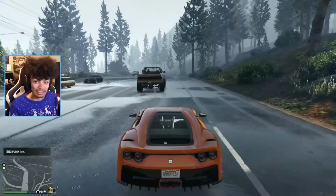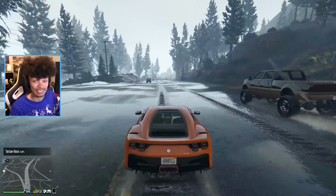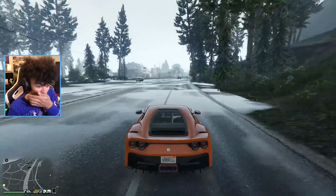It looks pretty close to it, and I just wanted to mention we got the setup going on a little bit more now. It's coming together. We're definitely going to get some changes going on in the setup. I don't want it to be exactly the same as it was in the previous place, but anyway, let's get